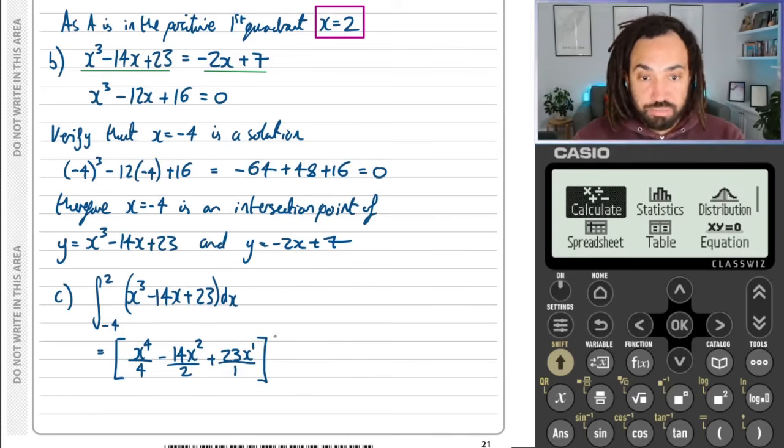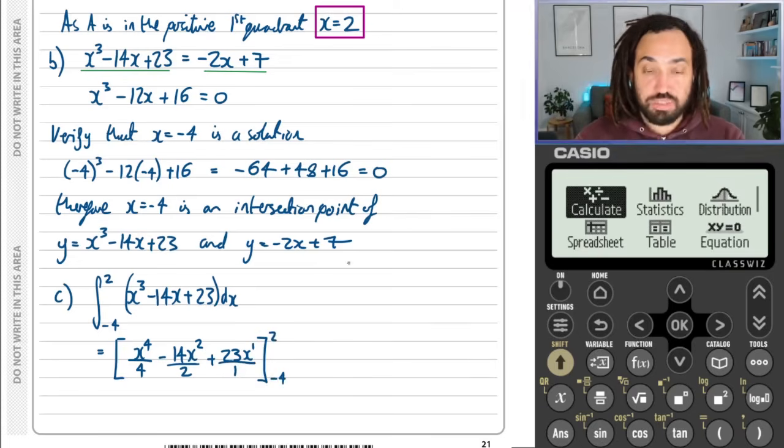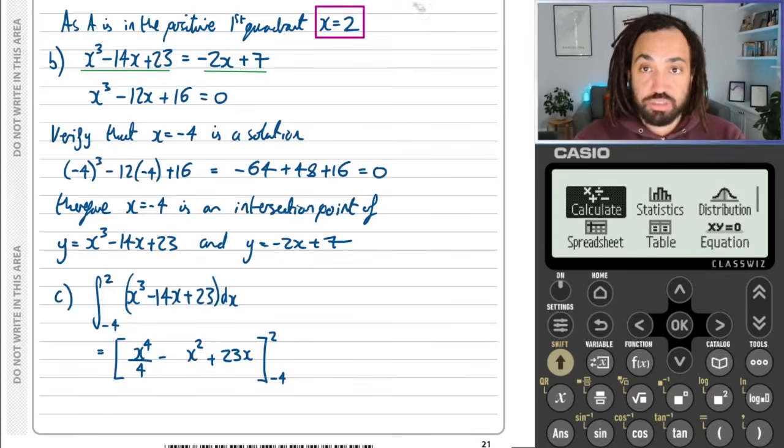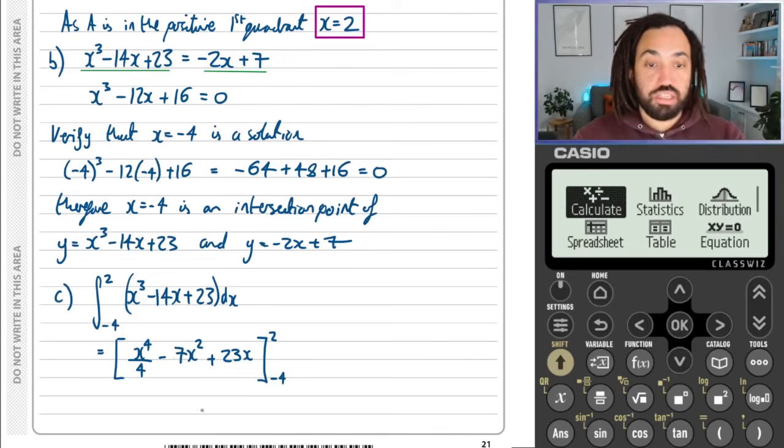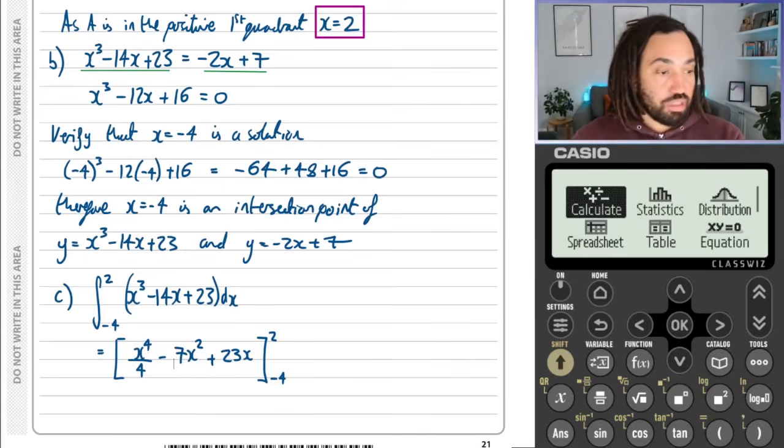And that's between 2 and minus 4. We can simplify this. We don't need to divide by 1. No need to write the power 1 there. 14 divided by 2 is 7, so we can just put a 7 in there instead, and that is good to go. Okay, we want to show our working here, so we're going to sub in each of these values